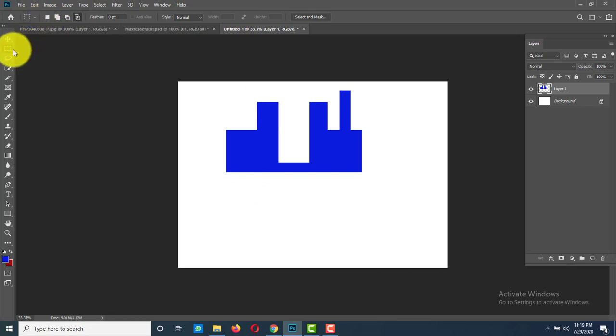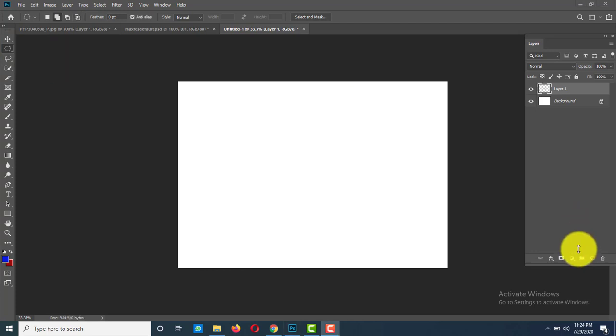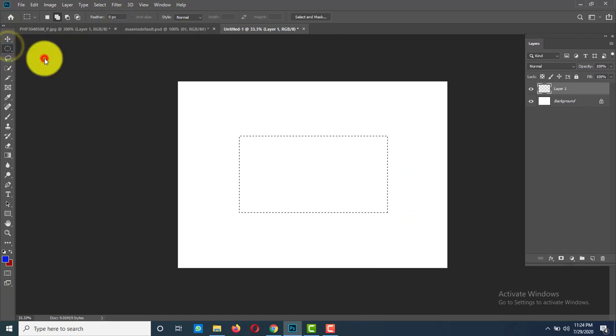And these four options are same for elliptical marquee tool, single row marquee tool or single column marquee tool. Insert a new layer and select rectangular marquee tool. Next select elliptical marquee tool with add to selection. Now draw an elliptical marquee on the rectangular marquee.